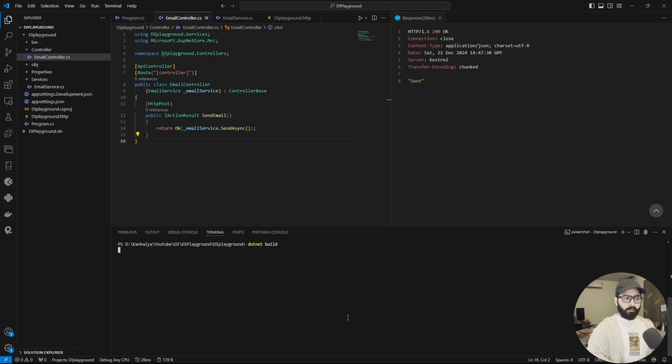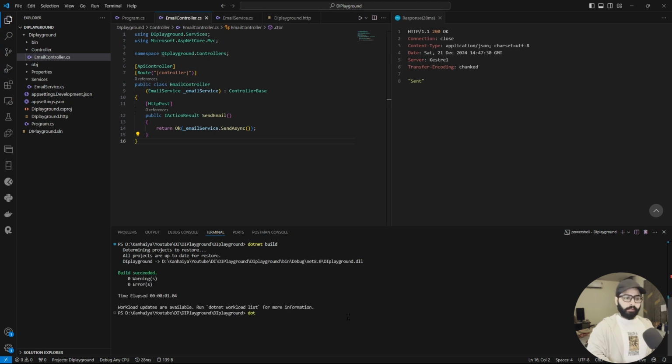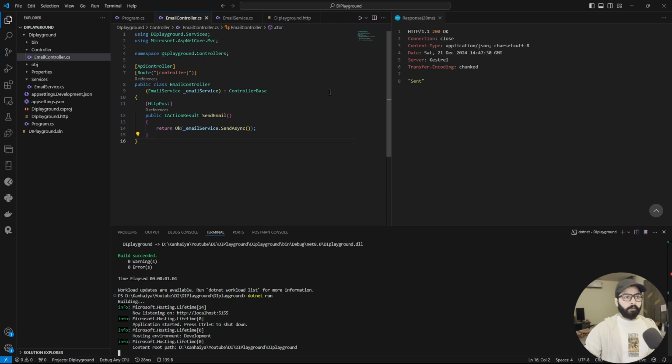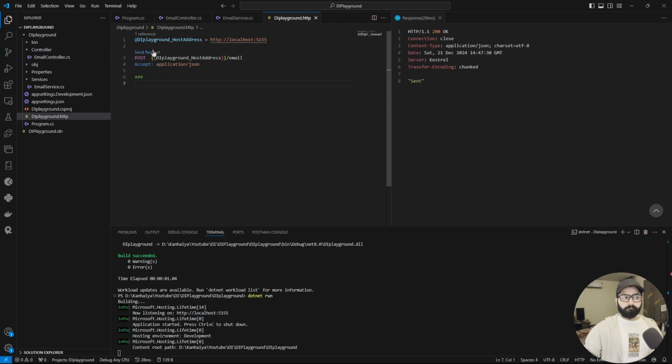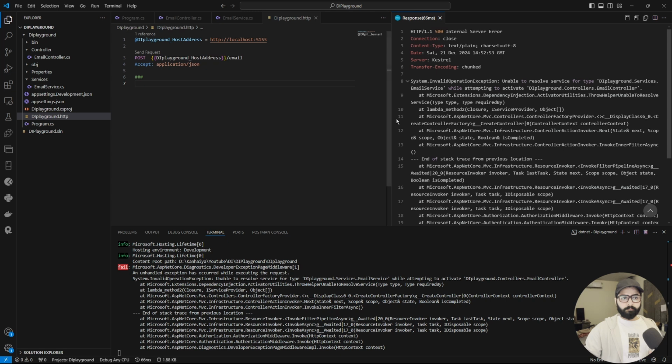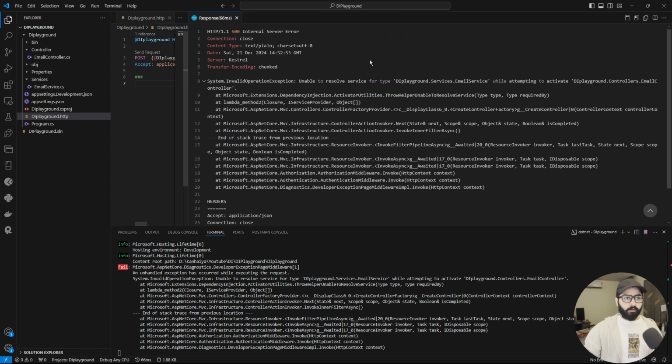Okay, let me build this first. Yeah, build completed. Let me run this. So we got here an invalid operation exception: unable to resolve service for type email service while attempting to activate DI playground controller email controller. Which means we have created this but we haven't injected. So what's happening here,